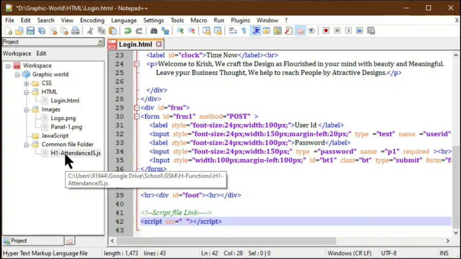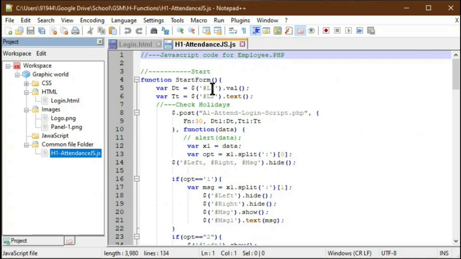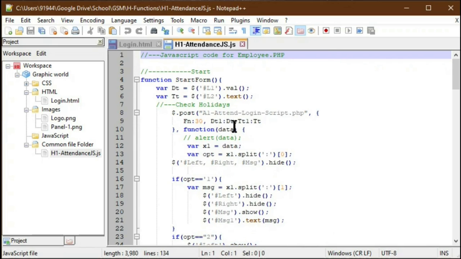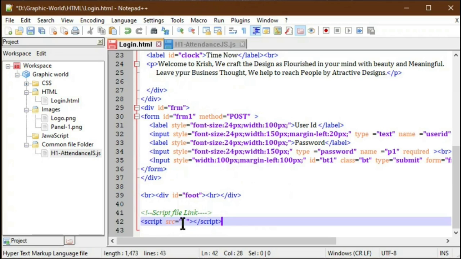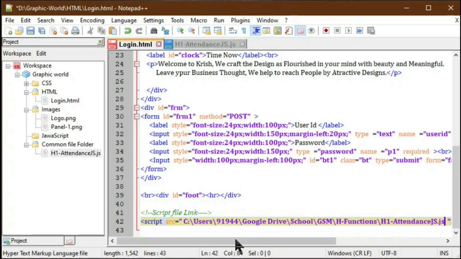Just double click the common folder file, then it will open in the window. Then right click that file, and you can copy its path to the clipboard. For that the command is full file path to clipboard. Now the path is copied into the clipboard. Then we can just paste that path. So now the full path is pasted here, and my common file h1 attendance.js is linked to my